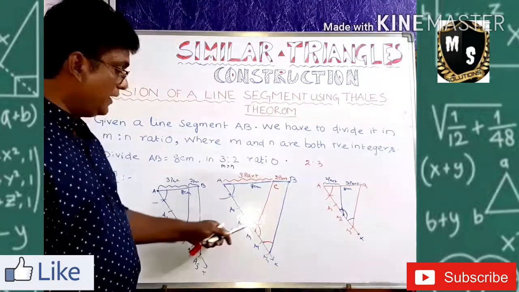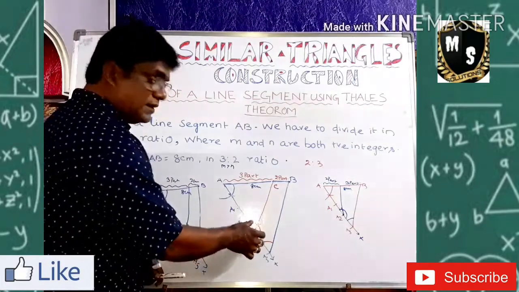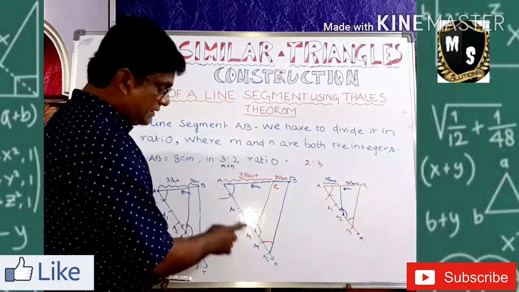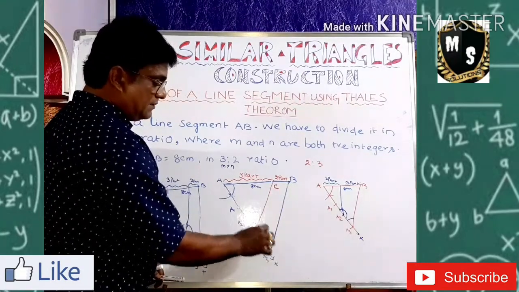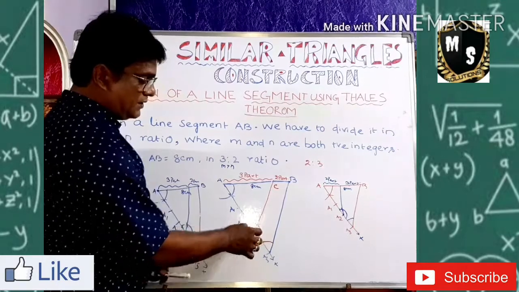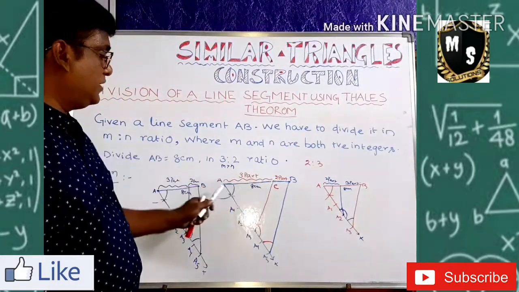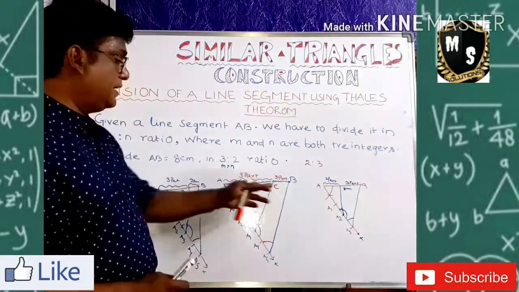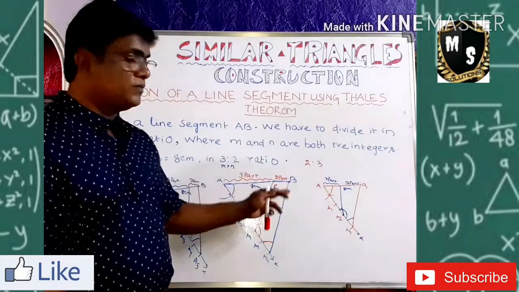Now go to 3. Come to A3. Take an arc at A3 and cut the measurement. Which angle is this? A, A5, B. This angle measurement is going to be cut from here. Okay. Now join and extend it. It is going to meet AB at C point. Now our AB line is divided into 3:2 ratio, 3 part to 2 part.